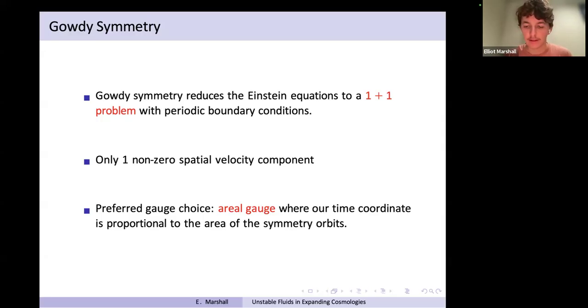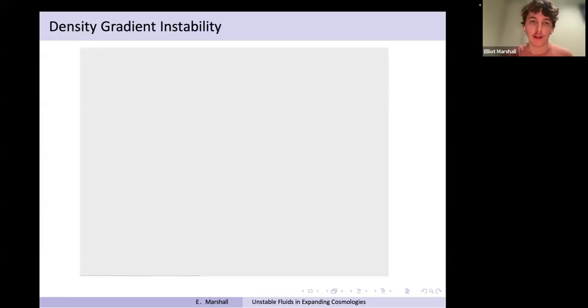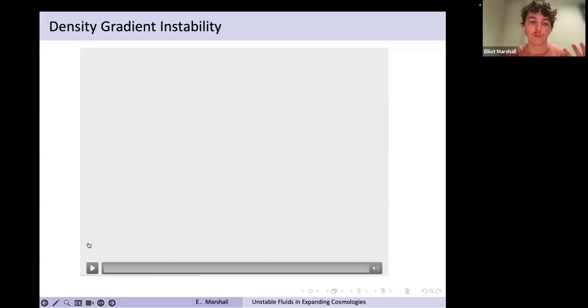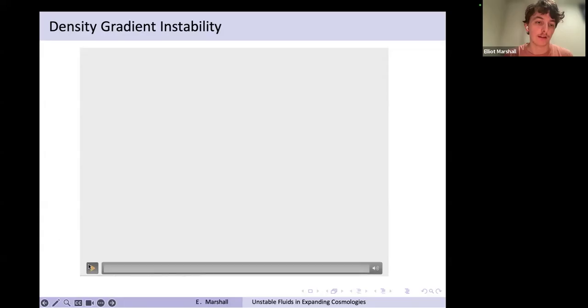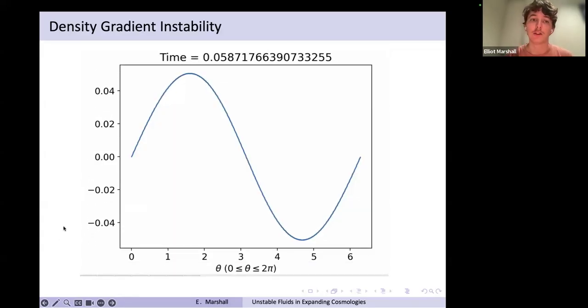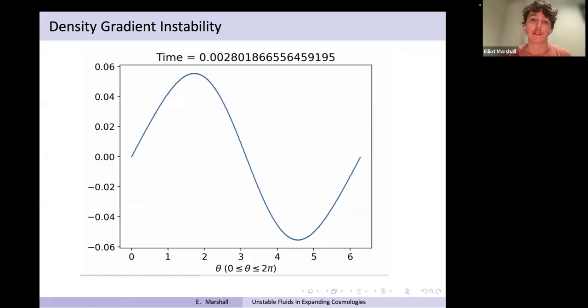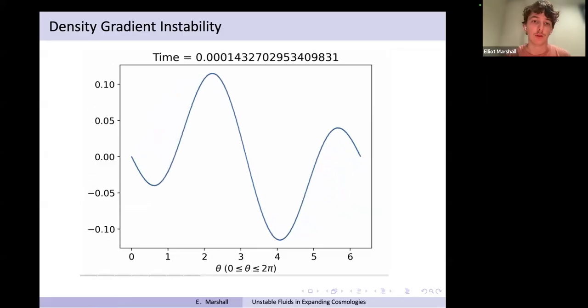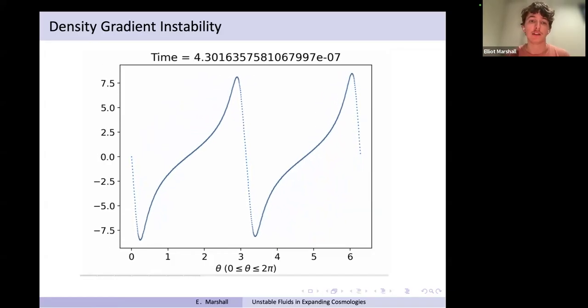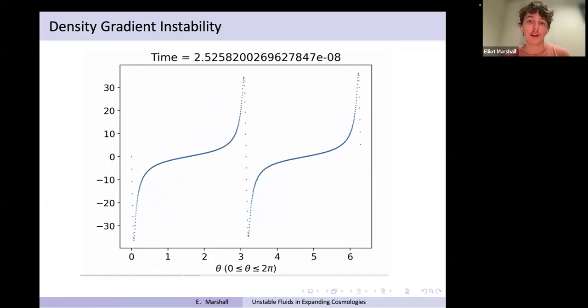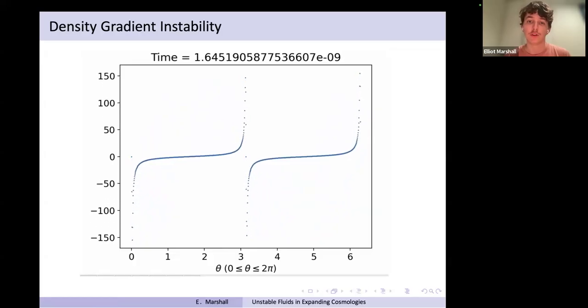Okay, so that was a brief outline of how we're reducing the problem numerically. But now I want to discuss some of the results we're actually seeing. The first question is, do you see this density gradient instability? What actually happens? Here I've got a short animation which shows the density gradient instability. This is for an Einstein-Euler perturbation of FLRW. What you'll see is we form these sharp spikes, and this quantity is starting to blow up as we approach future time-like infinity.